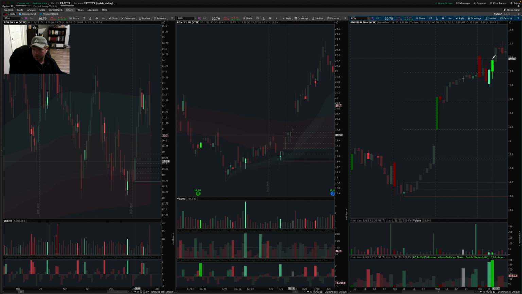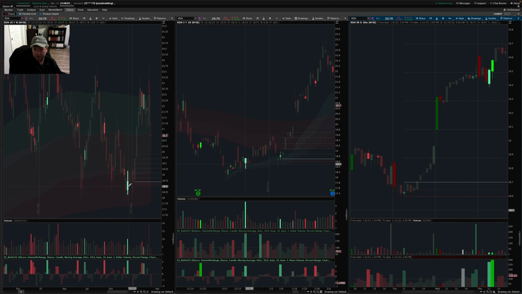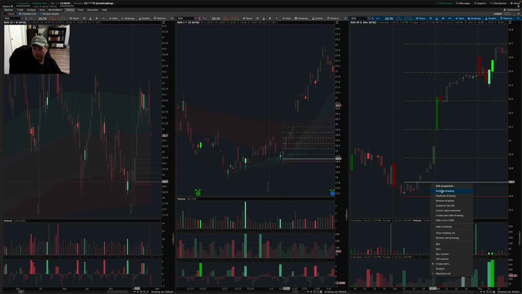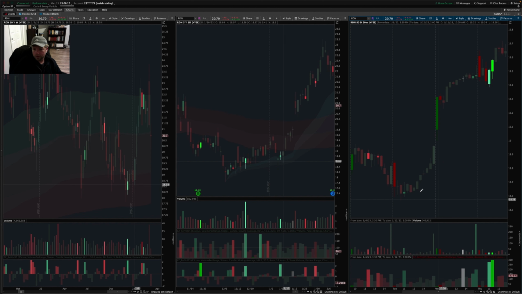And you can see that was a 30-minute playing into a daily signal, playing into a weekly signal. So it's stacking several time frames in your favor. If you wanted to get really extreme, you could have waited for the